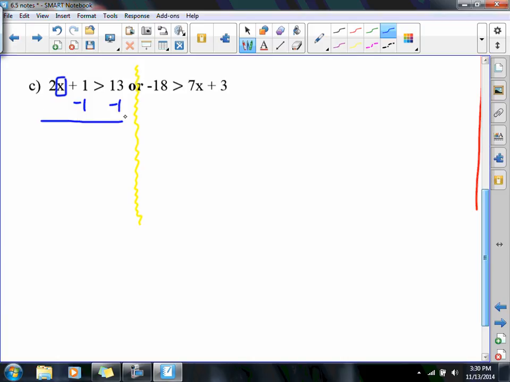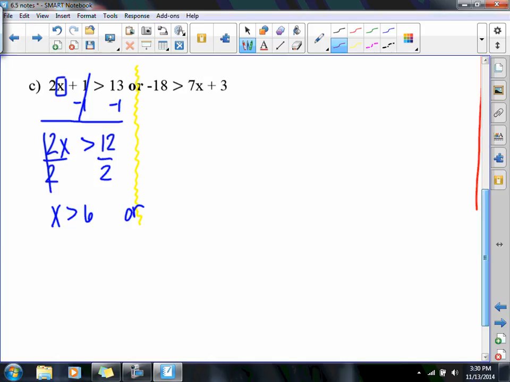Now it's good to think of this little or as kind of being a divider. So that way I don't start subtracting 1 to the whole other inequality that doesn't have a +1 that I'm trying to undo. So having that little divider there is a good visual to kind of stop and make sure you only do the subtracting 1 on the left side. So then I'll have 2x is greater than 12. And then I have to finish isolating the x by dividing by the 2. So x is greater than 6. Or